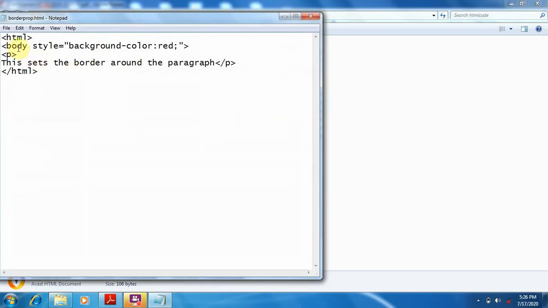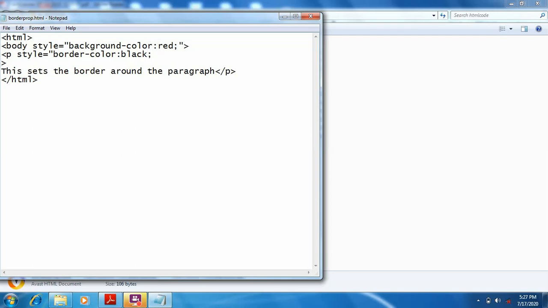This is border properties. Now I have applied background color red. Okay, now under the paragraph tag I am applying this style tag. Firstly is border color. Apply any color. I am taking black color.